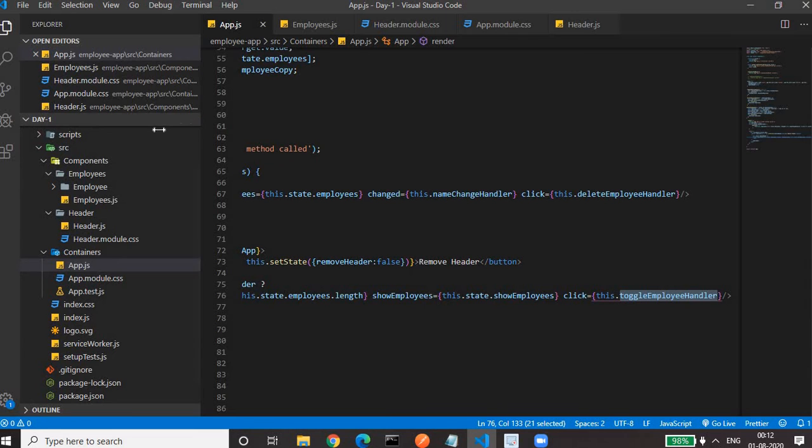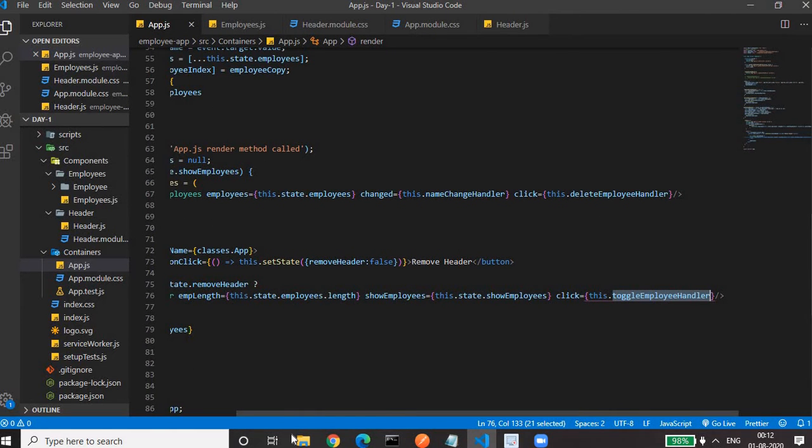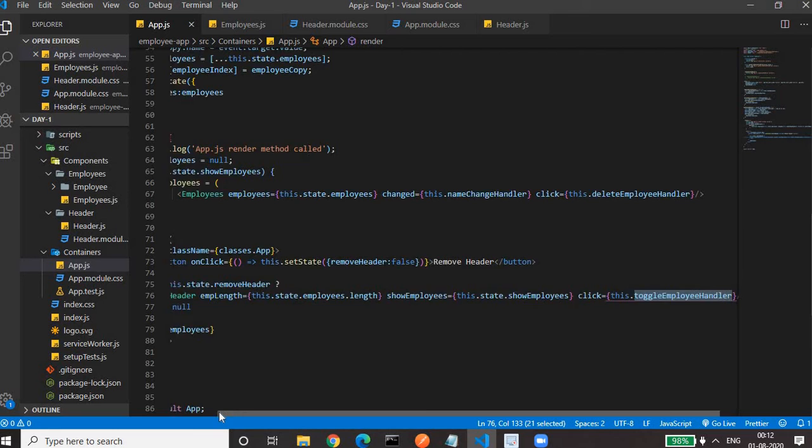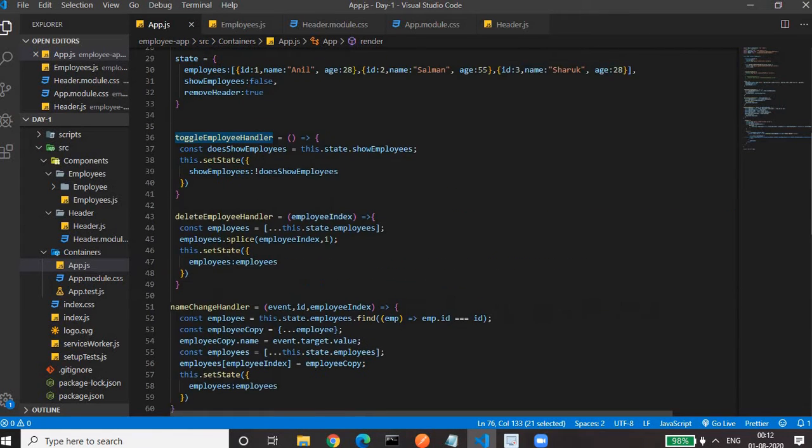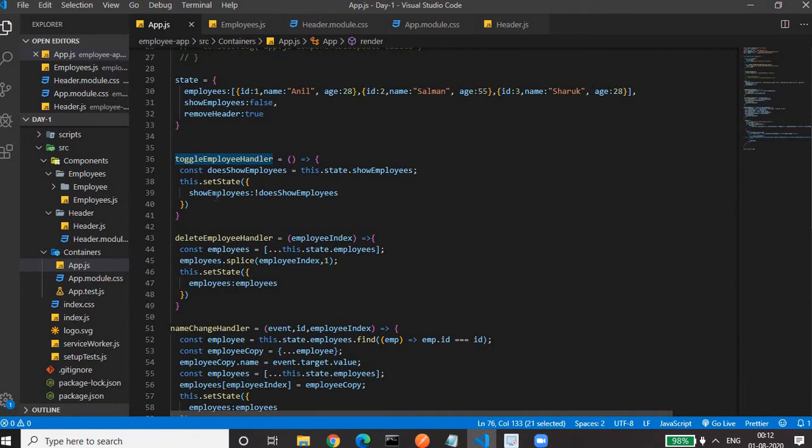We'll go to the toggle employee handler. In the toggle employee handler, if you have followed up to day 5 videos, we are changing the state show employee. Initially it was false, now we are negating it to true. That's why we are seeing the employee. So we are changing the state. As I told, when the state changes, some of the lifecycle methods corresponding to the updation get called.